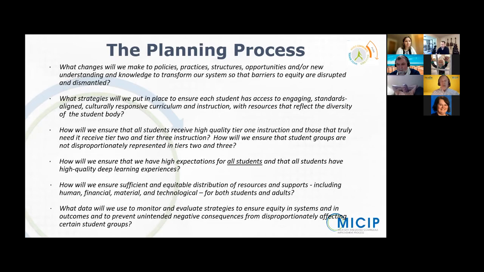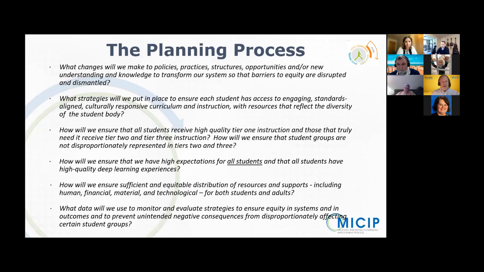And this next one is about strategies ensuring that all students have access to the kinds of learning activities, the culturally responsive curriculum and instruction, as well as resources that reflect the diversity of the student body. We know how important it is for students to see themselves in the resources. That's a critical piece, but it's necessary, not sufficient. Simply purchasing materials that show a variety of diversities is not enough if we teach the curriculum the way we've always done it, and if we don't bring up some of the tough topics in the context of curriculum as well.